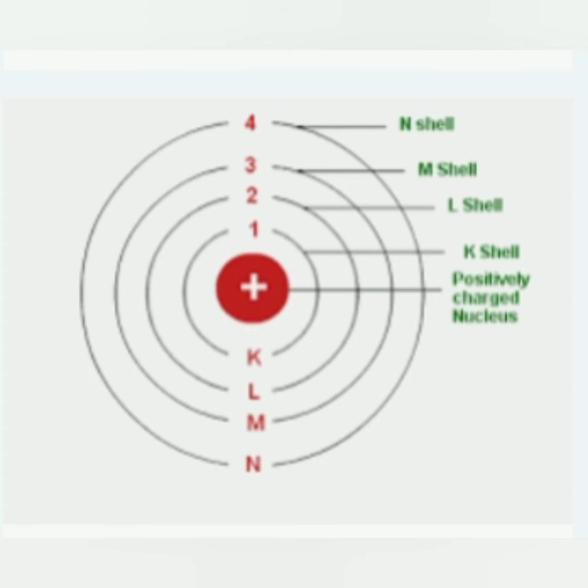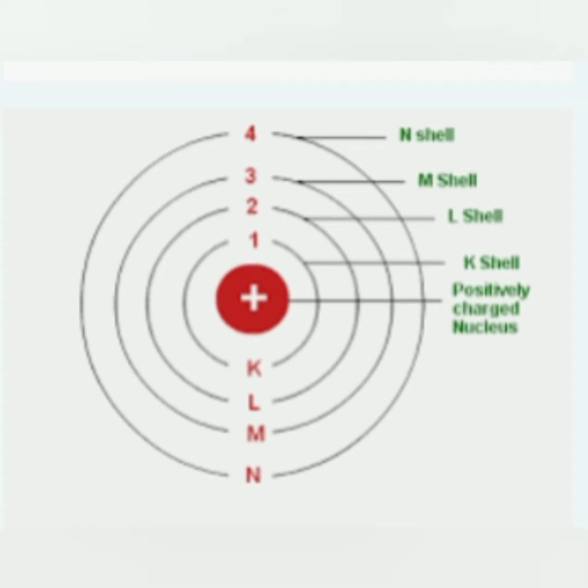Children, you have already read about the orbit or cell. What is the orbit or cell? Electrons revolve around the nucleus in an imaginary path, known as the orbit or cell. The first orbit closest to the nucleus is called the first orbit, and the next is called the second orbit, or we can say K, L, M, N and so on, or 1, 2, 3, 4. Each cell contains a different number of electrons depending upon the amount of energy associated with them. The cell closest to the nucleus has the lowest amount of energy and hence contains the least number of electrons.